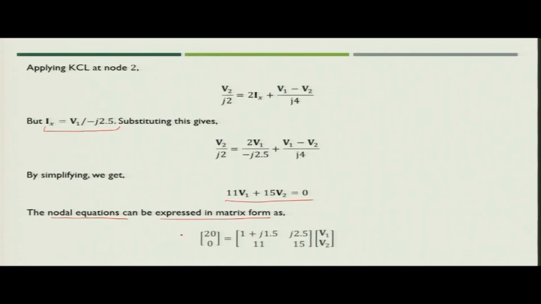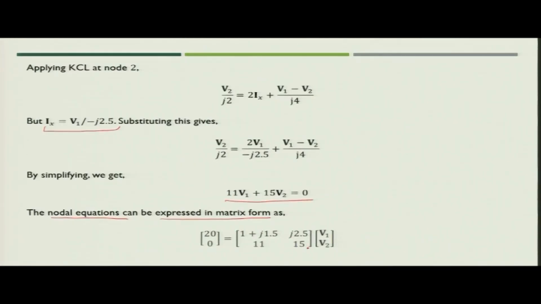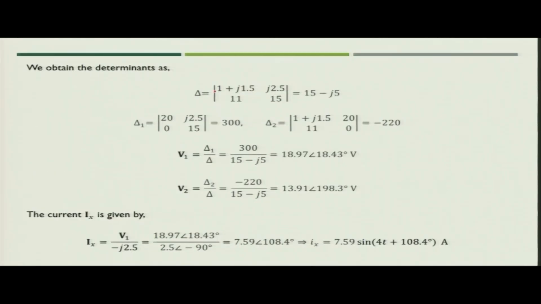So, now you have compiled these two equations in matrix form. Why are we compiling in matrix form? Because solving equations in matrix form is easier. How? Let us first take the determinant value of this matrix. So, what we can write? 1 plus j 1.5, j 2.5, 11 and 15, we take the determinant value of this,